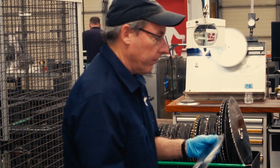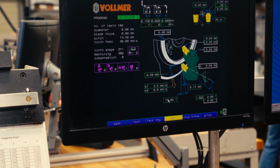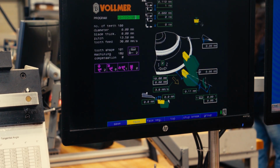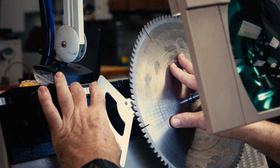From there, all the automation starts. Most of the work is actually done overnight. They actually just turn the machines on so I could see them operating during the day. Typically during the day, they're repairing and cleaning blades, as well as programming the machines to do all the work